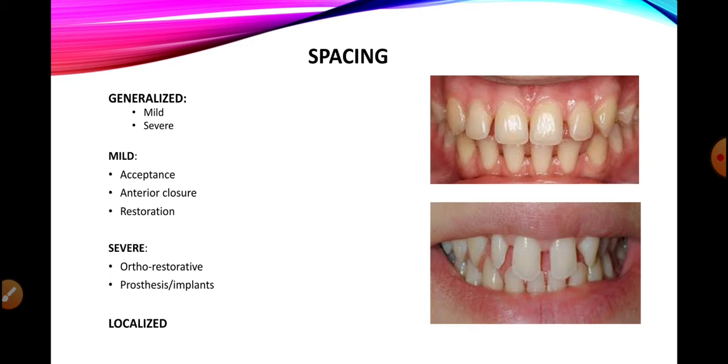When we talk about mild generalized spacing, in mild cases it is wiser to encourage the patient to either accept the spacing or to just gather the anterior teeth together. There are three treatment options basically. In the milder cases, usually the patient is told to accept the spaces if they are very mild, with very little space between the teeth, or just to bring the anterior teeth together. It is because generalized spacing is